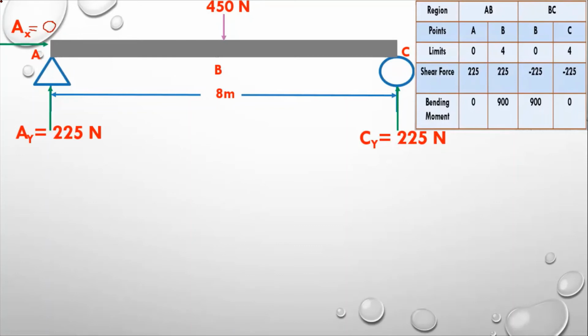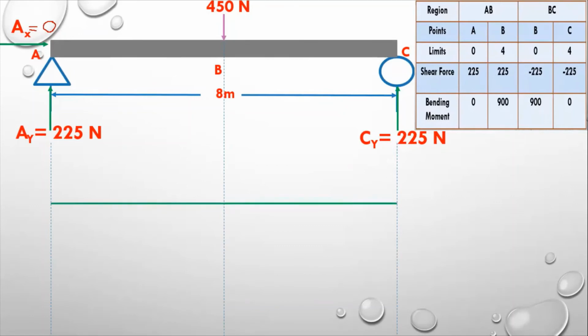And now I am going to drop the offsets. Keep it in mind, at every point we will draw a line. So you can see the first line here, a hidden line you can say, and there is another hidden line here from B, then C. Now this green line is the shear force line, and the purple line is the bending moment line. Now what I have to do is write down the initial value 0 and the final value is also 0, 0 to 0. So the shear force diagram will be constructed on the green line, and the bending moment diagram will be constructed on the purple line.